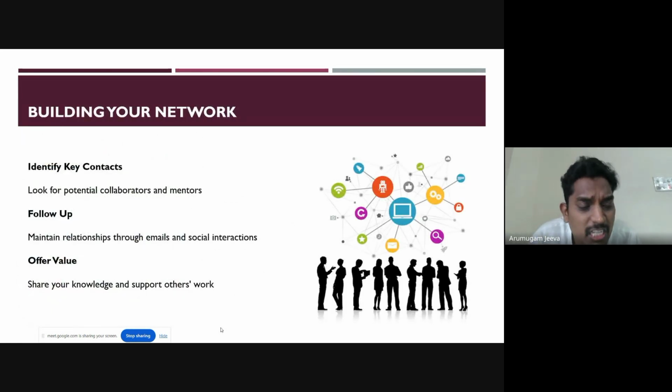In order to build a network, identify your key contacts, because if you want to connect with the funding agencies, we want